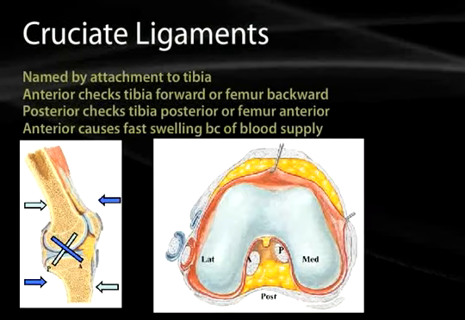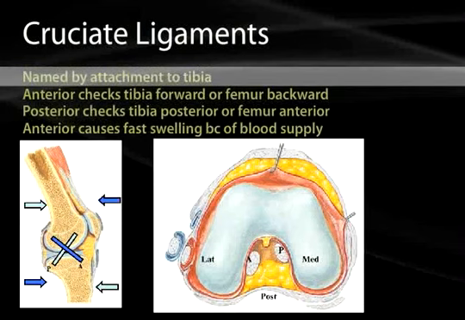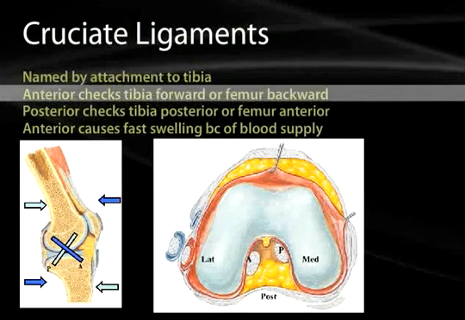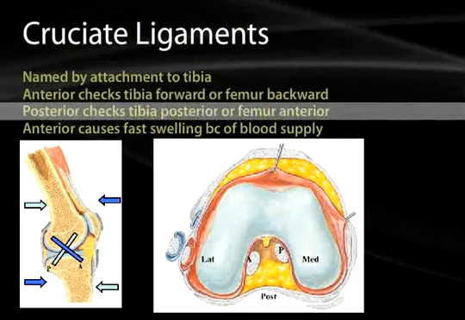If we look at the femoral side, you can see their proximal attachments, which will be the anterior and posterior cruciates, labeled by A and P. Notice how the anterior starts laterally and the posterior starts medially. Their names are given, however, on where they attach relative to the tibia. So the anterior is so named because it attaches to the anterior tibial plateau, and the posterior attaches to the